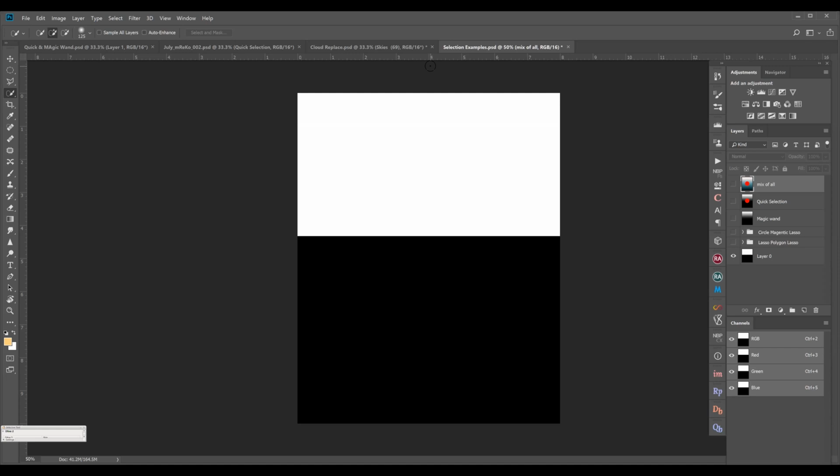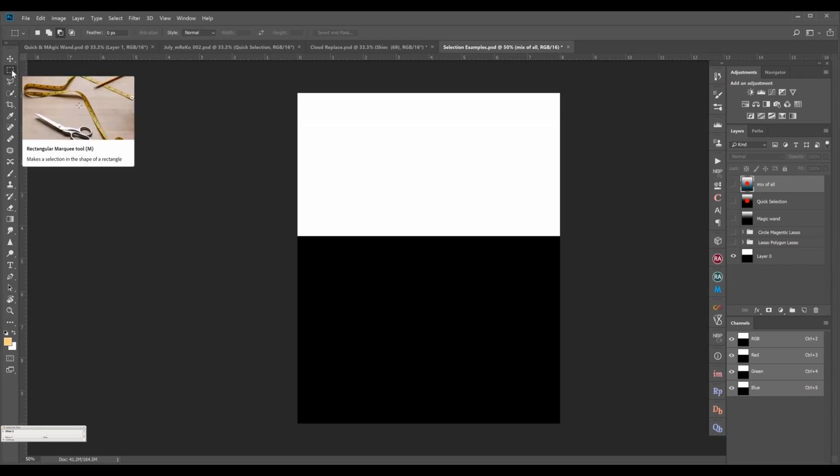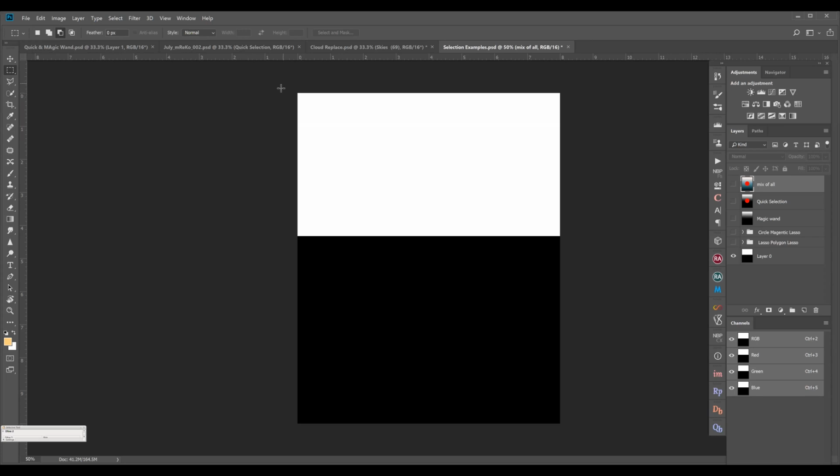So how do we select this? If you want to select this, there is a rectangular marquee tool. Selection is simple. You select the rectangle marquee tool, and then you just draw a rectangle on top of it, and then it gets selected. As simple as that. If you want to select a shape which is a rectangle, then you can use the rectangle marquee tool.